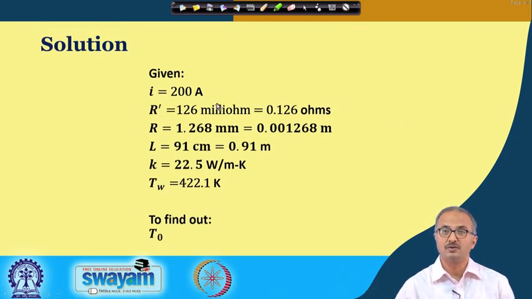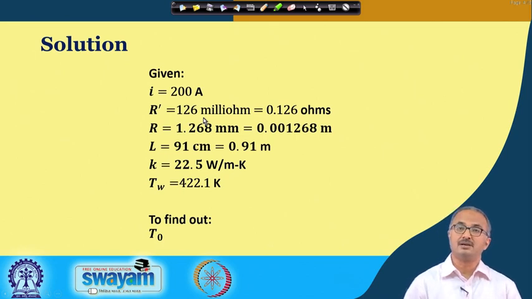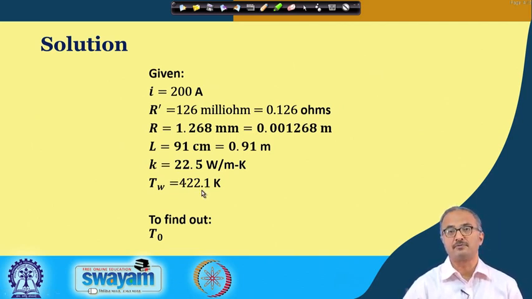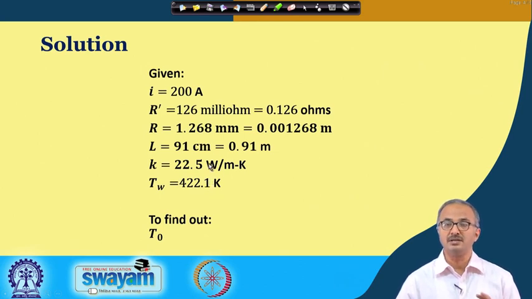Now, first let us write what all is given to us. Here we have written the amount of current we are passing, and the resistance of the wire. Please understand, generally the resistance is not a property of any substance, but the resistivity is the property, and the resistance is calculated, you might be knowing, from the length and area of cross section of the wire. Here it is given in terms of the resistance. Sometimes you may find that you are given the resistivity instead of the resistance. In that case you have to convert the resistivity to resistance.